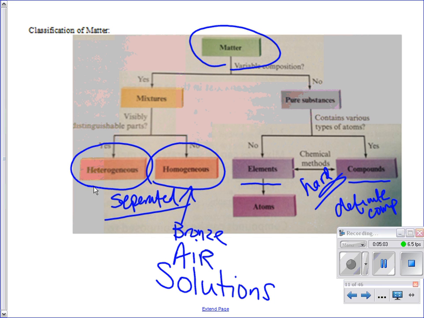Okay, so these are pretty clear, and you're not going to get any crazy examples like people will argue air is not always homogeneous if there's dust flying around in it. Yeah, that's true. All the examples you're going to get are going to be very straightforward, simple. You shouldn't have any trouble on your homework tonight, okay?